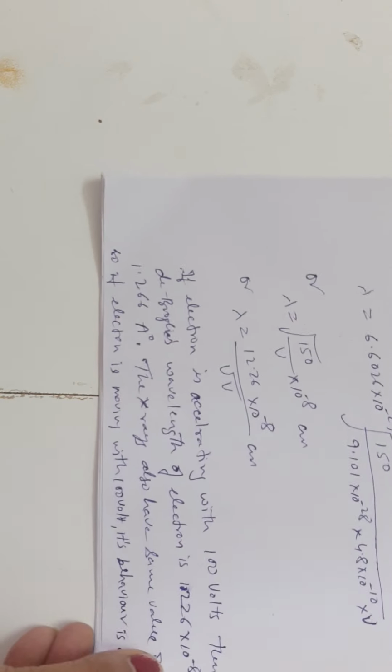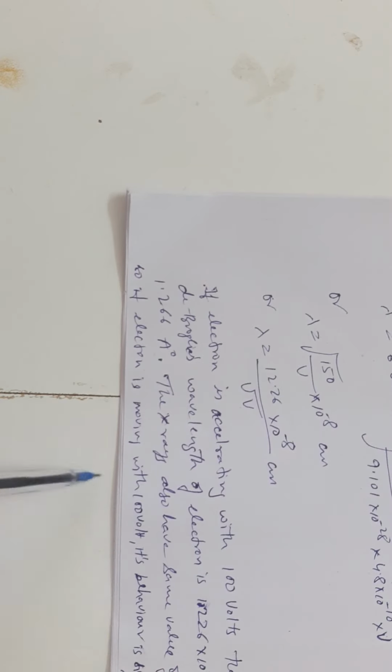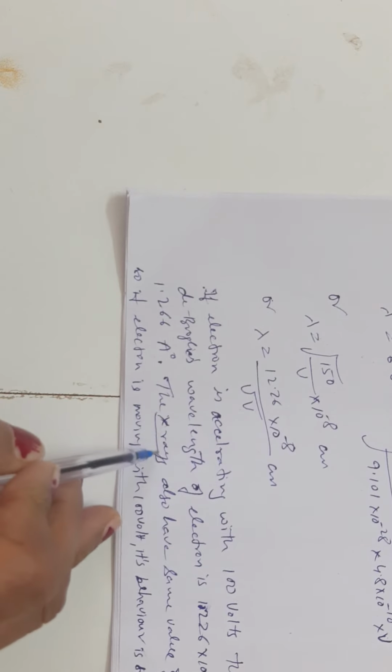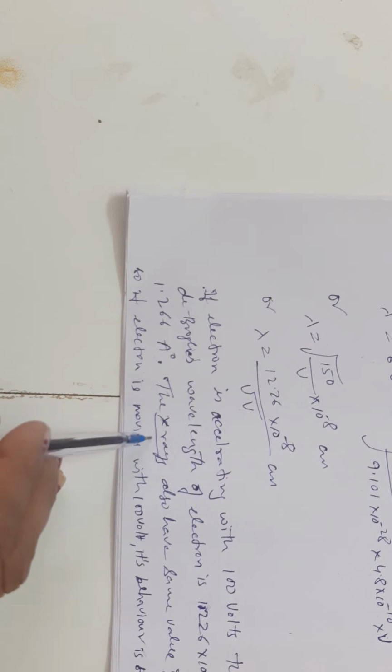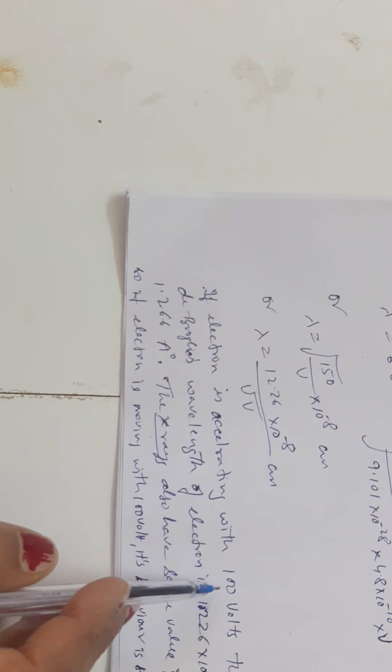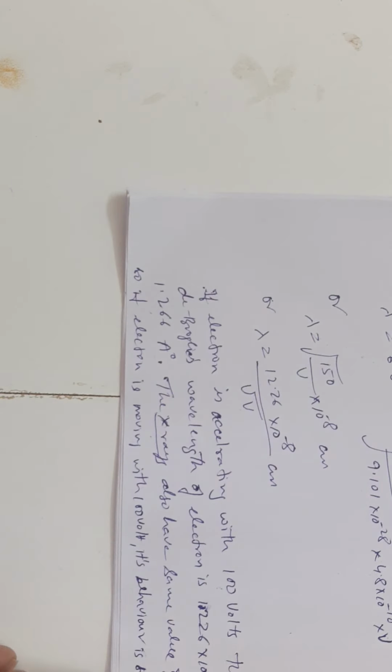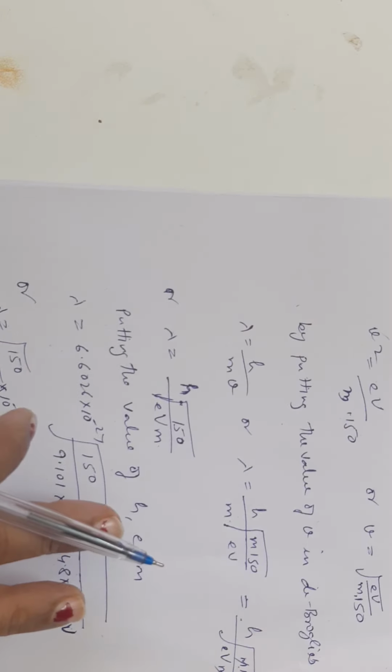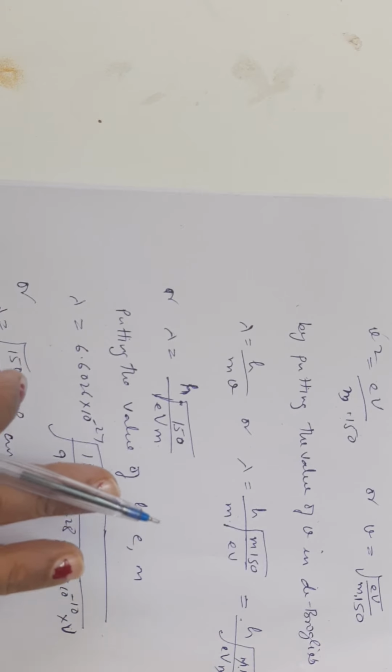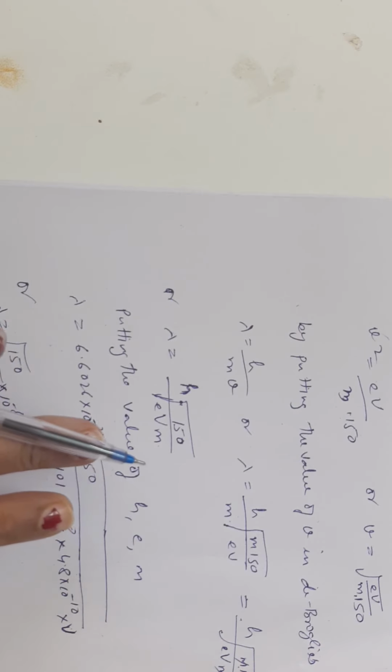This value of electron wavelength is similar to the wavelength of X-rays. So we can also say that if the electron is moving with 100 volts, then its waves are quite similar to the X-rays. So by this equation, we can find out the wavelength associated with a moving electron given